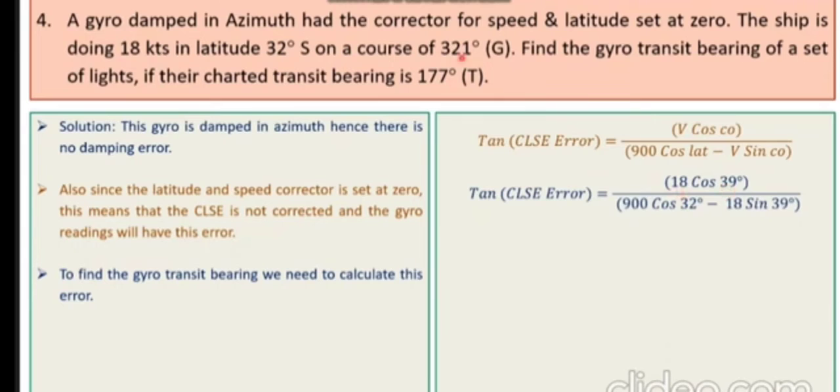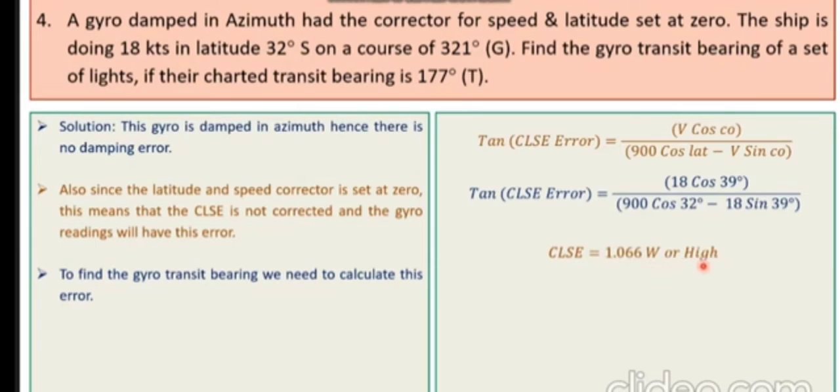The course is 321, which is north 39 degrees west. So we have the course as 39 here. We use the course in the quadrantal notation. Then in the denominator you have 900 cos of latitude, which is 32 degrees, minus V, which is 18 knots, sine of course, which is 39 degrees. Now when we put these values in the calculator, we get the CLSE or the steaming error as 1.066 west